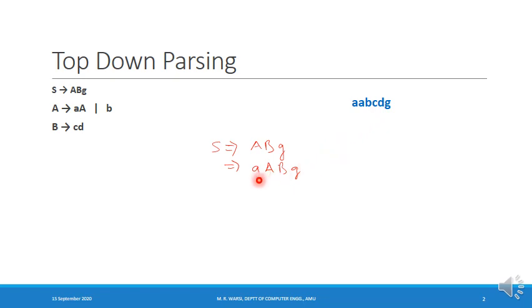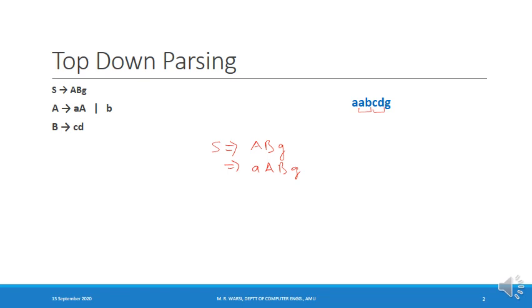It has got to begin with a small a, followed by the component which is derivable from capital A, then there has got to be a component which is derivable from capital B, and then there has got to be small g. So if I look at this string, it is beginning with a small a, and then I have the component which is derivable from capital A. This is the component derivable from capital B, and then I have small g. So this is how this string can be broken with respect to this sentential form.